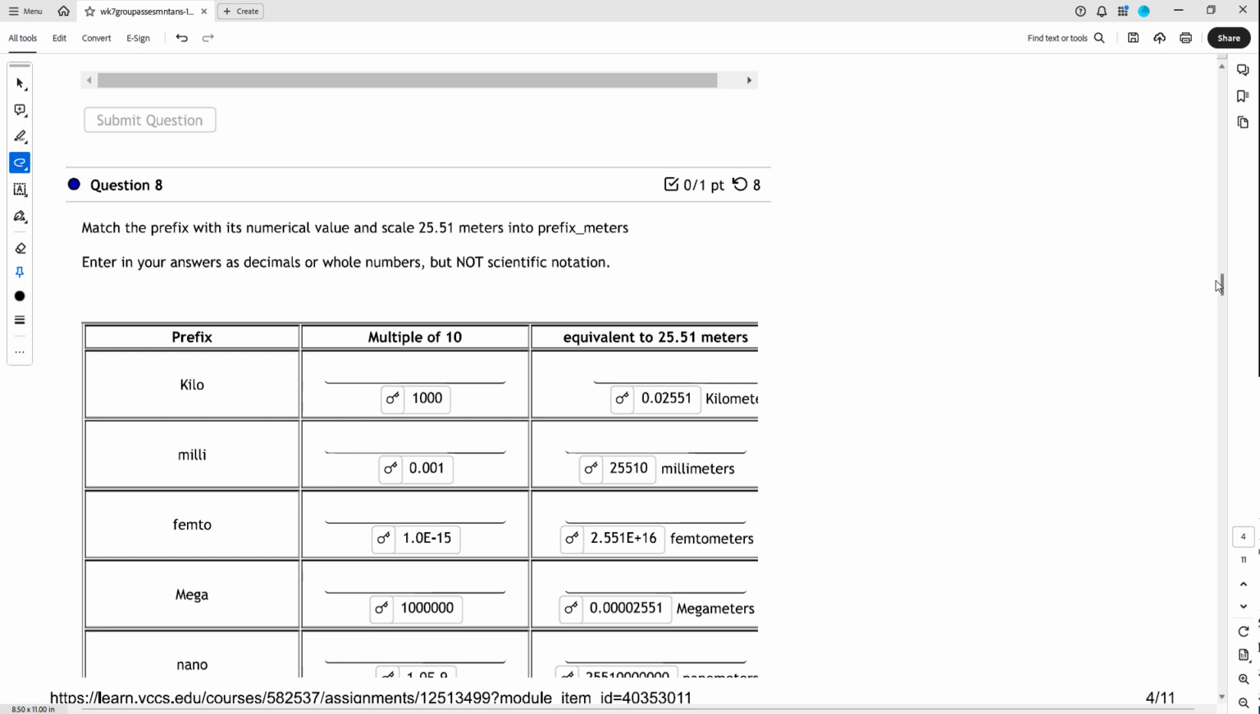Match the prefix with its value. Okay, to give you the prefix here, they want it similar to what we did before. They give you the meters and they want you to convert it. We've done that before. Given meters here, convert it. So that's kilo, that's 1,000. So I would have